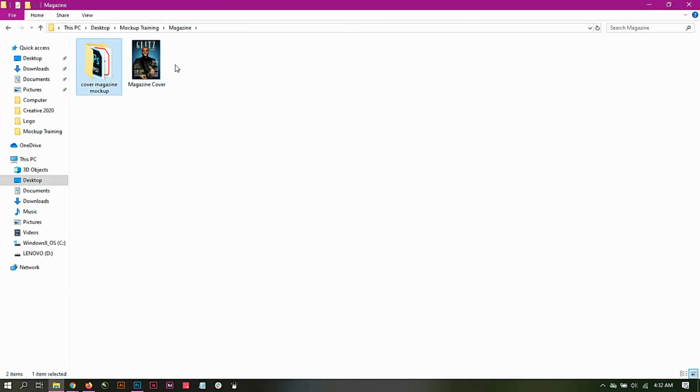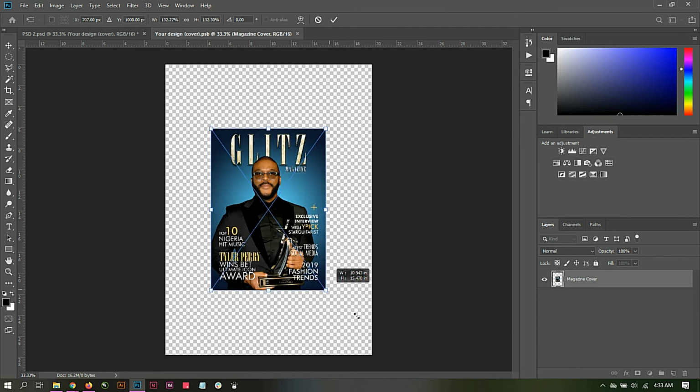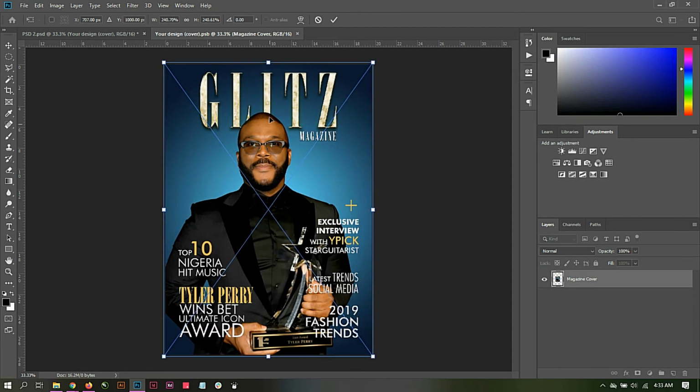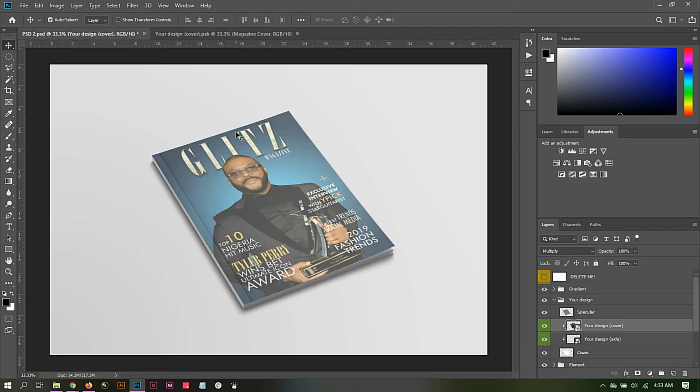Alright, so I'll go to the magazine. I already have a pre-downloaded cover here, so I'm going to drag and drop it here. I'll press Alt to make it a little bit bigger. Then I'm going to press OK, the check mark, to confirm. Then I'll click File, Save, like I've taught you in the previous section of this video. When you go to the main section, you can see that your magazine looks so beautiful and literally looks so